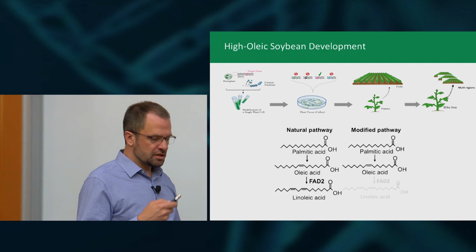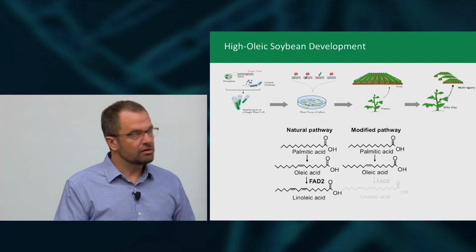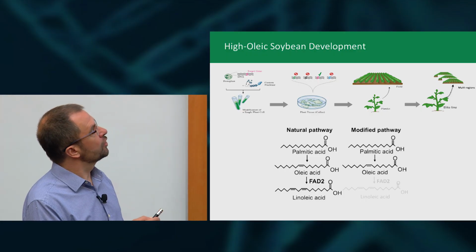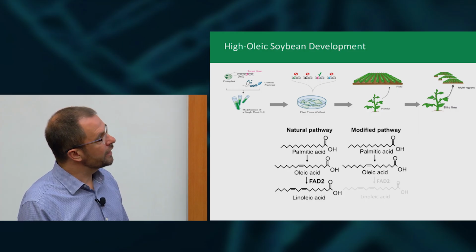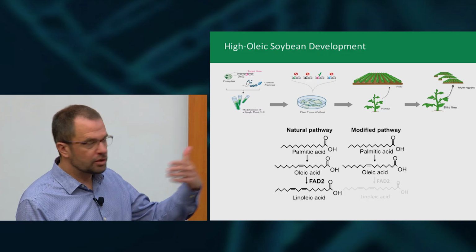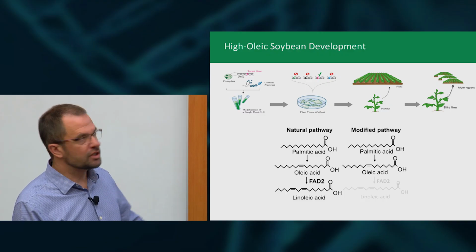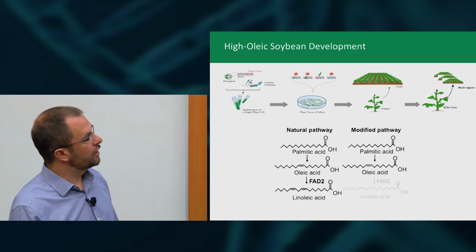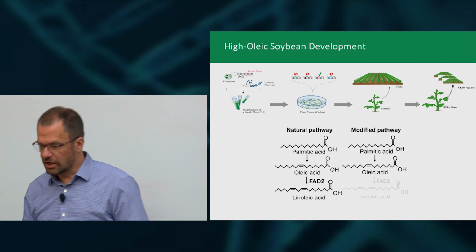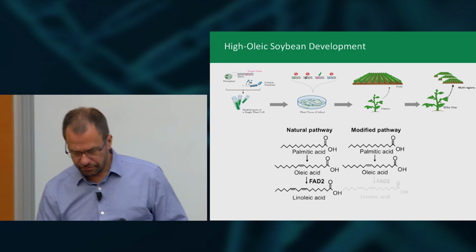And our approach was similar to the one I outlined a little bit earlier. We would make our nuclease and we would transform it, introduce it into soybean cells, and then we can grow these cells in a petri dish and recover plants, and hope that the expression of the nuclease during the development of the plant had knocked out our genes, and then we could segregate away the nuclease transgene and create a variety that we would then introduce out into the field.